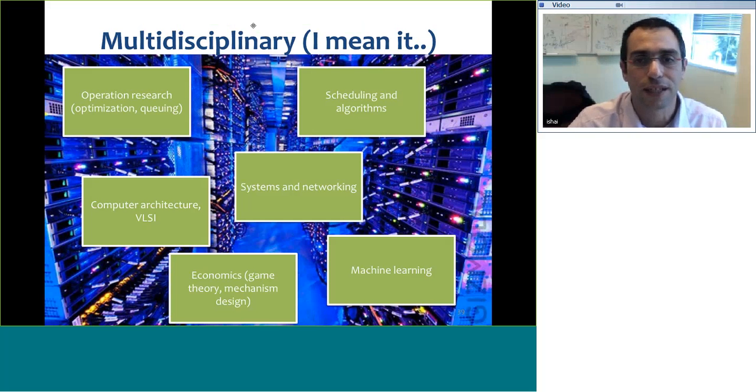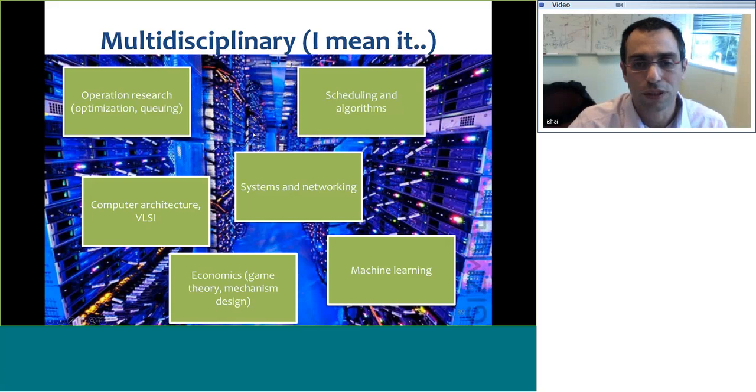large data centers, a lot of elements come up, and these are just a few blocks of different disciplines that you actually need to know a bit about, or know to ask the right people, in order to solve certain problems. So there are some queuing problems, there are some scheduling algorithms, but also, of course, system knowledge, computer architecture, sometimes machine learning to reason about the data in a nice way. So this is why I like to be in this space. Srinivas has known me for quite a while. I have many interests, and for me this is the right place to be right now, and I'm very excited about these opportunities of interesting problems that arise.